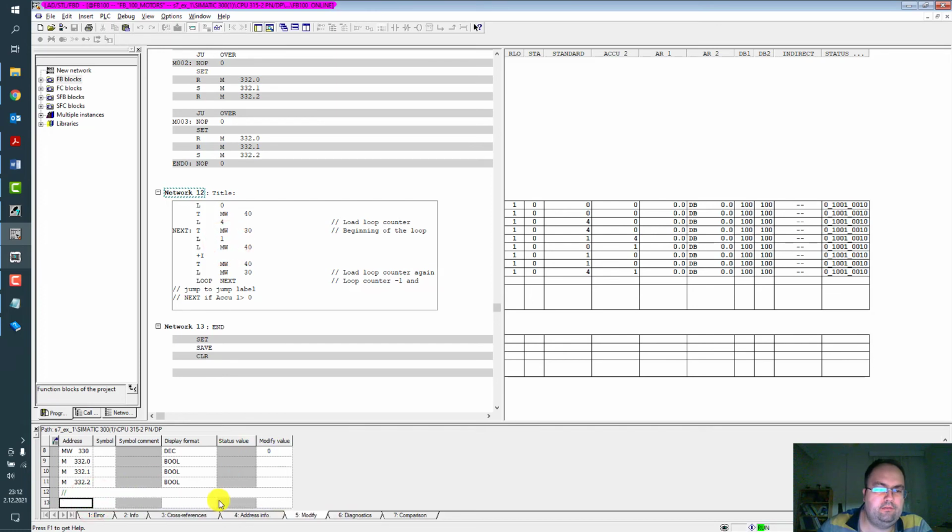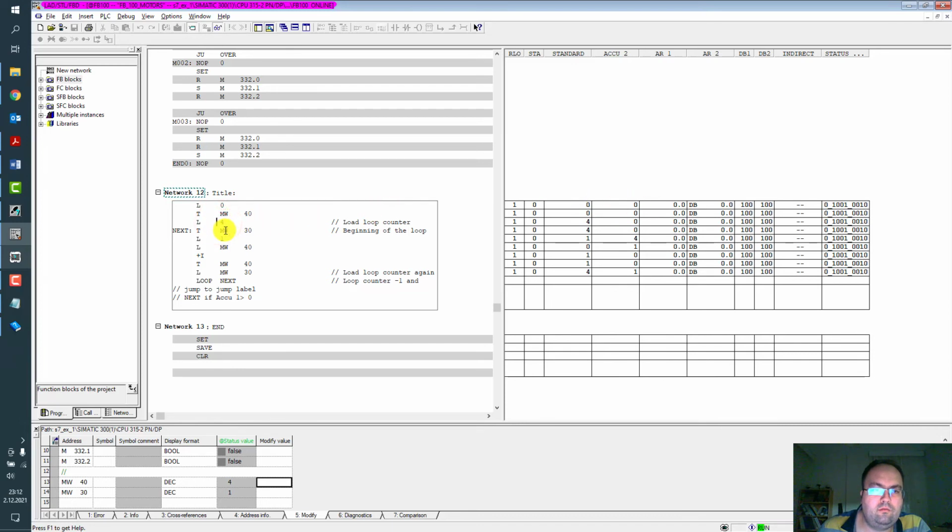Let's see. Memory word 14, memory word 30. So at the beginning of the network 12, we will load constant 0 to accumulator 1, and accumulator 1 moved to accumulator 2.